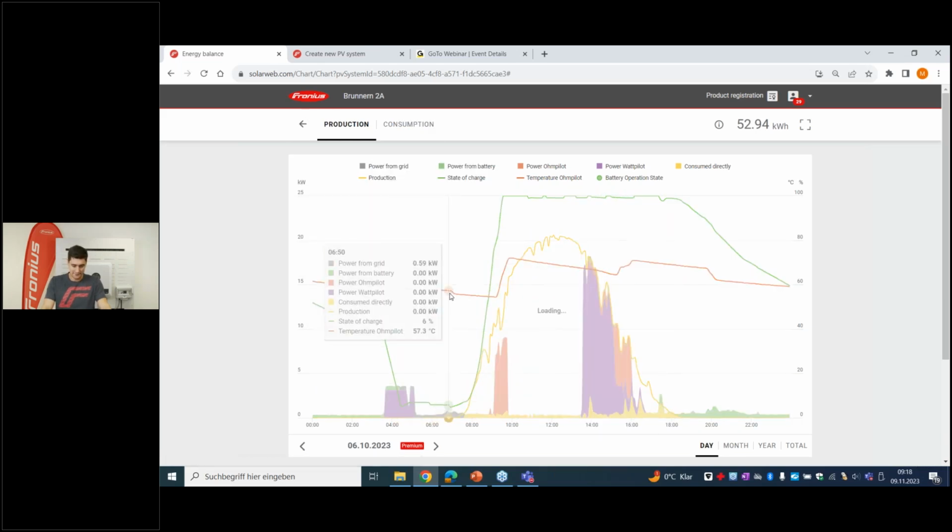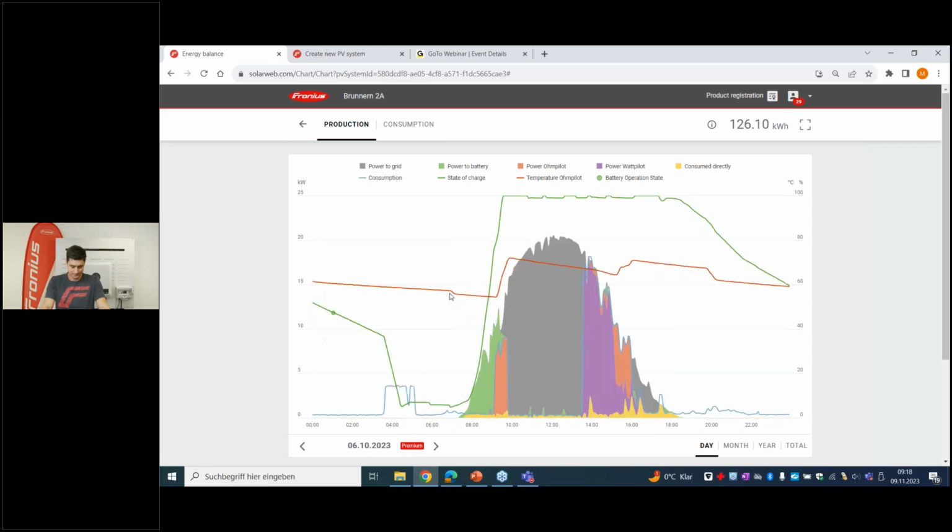I will stay with production, and I would say probably the most obvious thing is the x-axis. This is the time. That's clear, I guess. And then what is sometimes the issue for some confusion are the y-axis. You see here on the left-hand side, it's kilowatt, and on the right-hand side, it's both degrees Celsius and